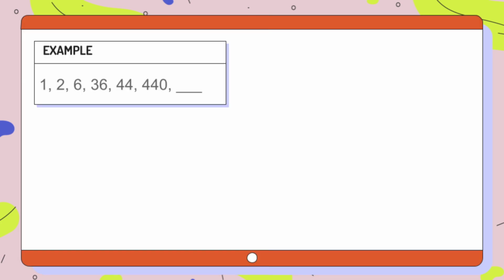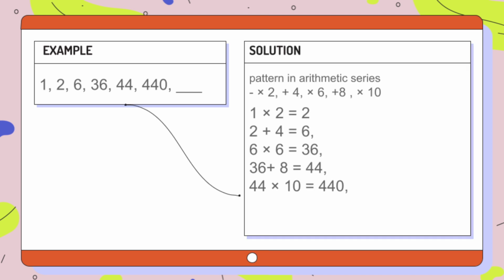Example, we have 1, 2, 6, 36, 44, and 440. What's the next number of the sequence? Here, the first number 1 will be multiplied by 2, which is the second number. 2 will be added by 4 to get the third number, which is 6. And 6 will be multiplied by 6 to get the fourth number, 36, where 36 added by 8 is 44, which is the fifth number. And 44 multiplied by 10 is 440, which is the sixth number. So, to get the missing number in the sequence, we will add the sixth number 440 by 12 to get